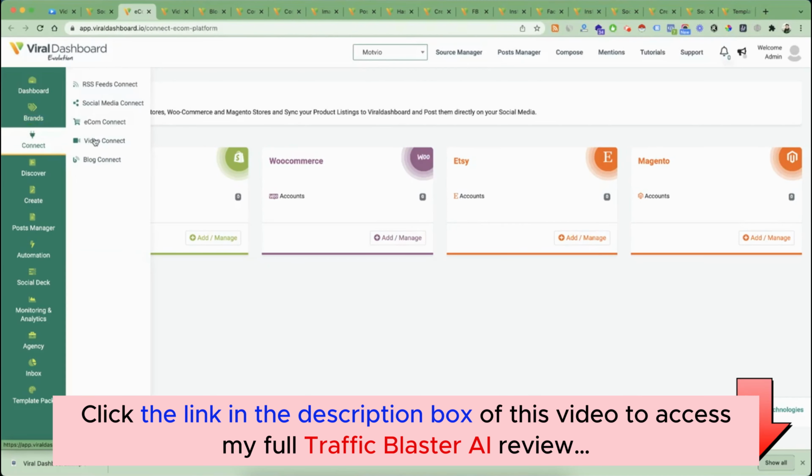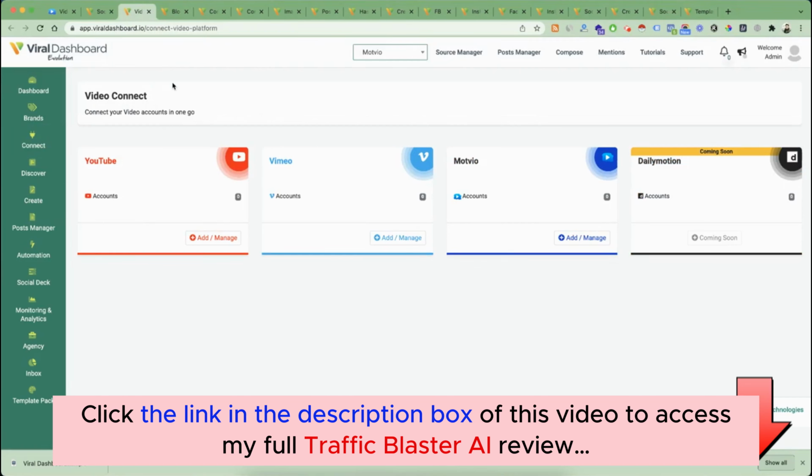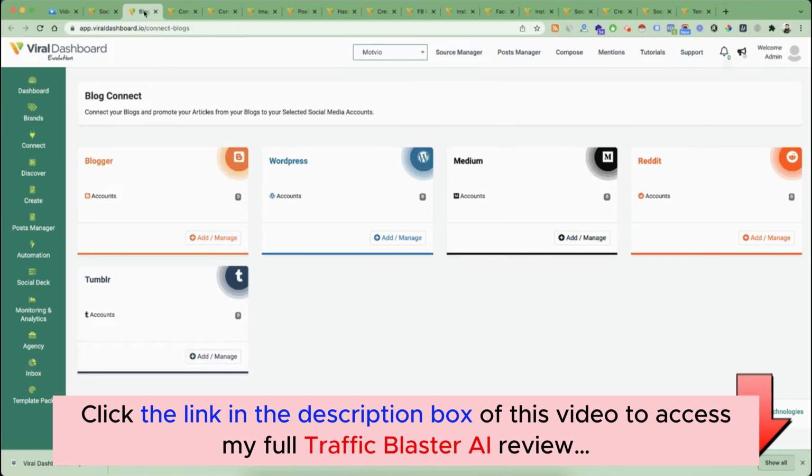Now, if you don't have these, don't worry, you can simply go to social media connect and finish all the integrations there, and you are able to use the composer feature from here. Okay, so it doesn't matter if you have the ecom stores, video connects, and blog connects or not. Similarly in the video connect, we have different features. You can connect your YouTube channels, you can bring your videos from YouTube, Vimeo, Motvio, and Dailymotion is coming soon. After that, we also have provided you the ability to connect your blogs, which are from Blogger, WordPress, Medium, Reddit,